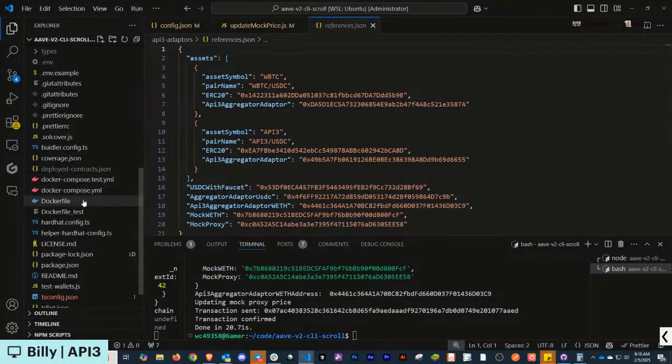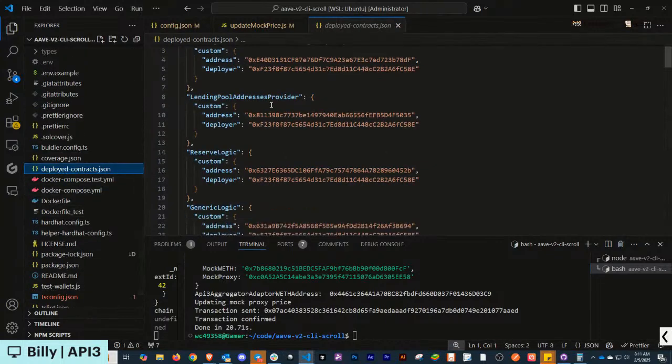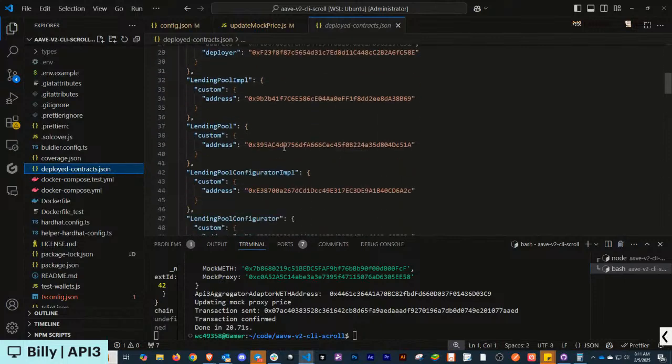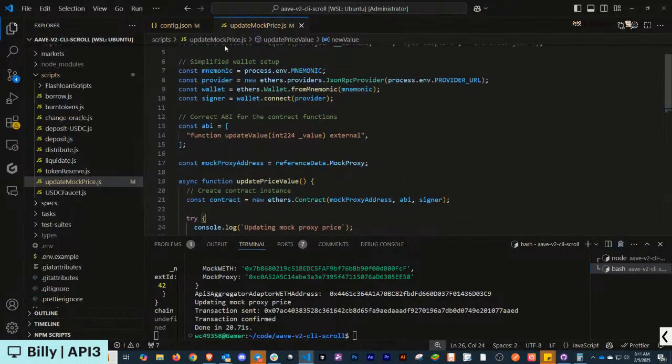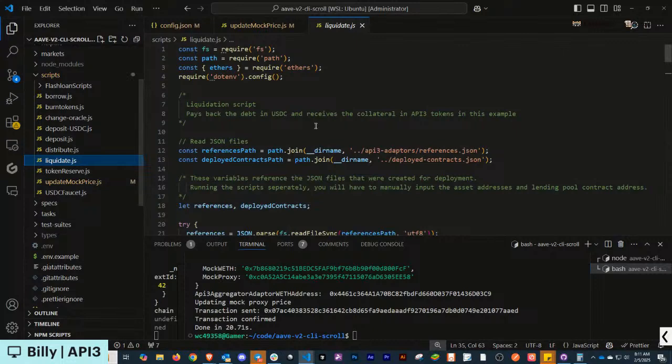And then when we launch our Aave fork, we have our deploy contracts. And then you can see every one of these contracts here. And you can see that the lending pool one is right here. It's one of the most important ones. So I reference those for each one of the liquidations. Every time we do a script, it's just pulling that information into the script. That's the only reference that I go out to. So basically it's kind of notes all the way through.